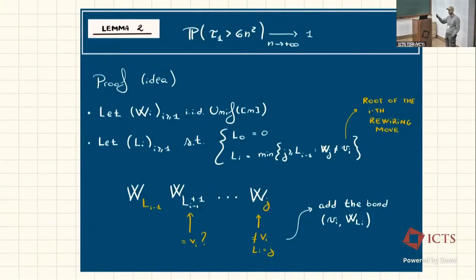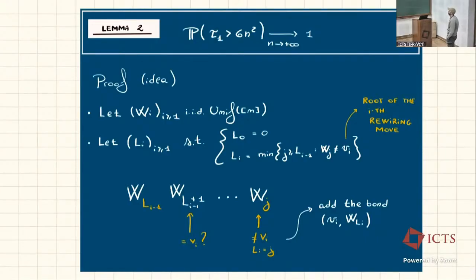We sample whether we want to perform a rewiring move or not. If we do a voter model move, that's all good. We will continue as we know. But if we decide to perform a rewiring step, we sample a root from those 2 vertices in the edge that we've already sampled. And then the way we are going to decide